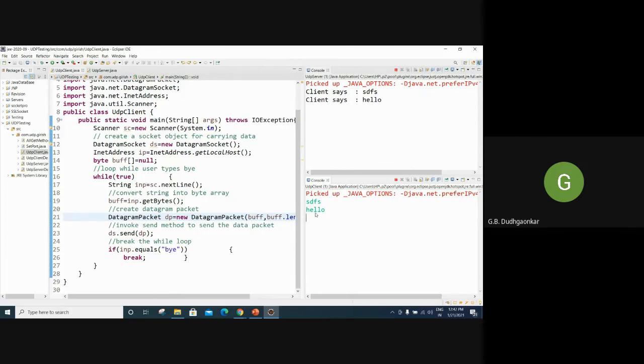Now the server will just say whatever message is sent from the client side; the server just reflects it at the server side. The server is just communicating that this is the message from the client. The server is not sending any message, it will just accept, until the client says bye.